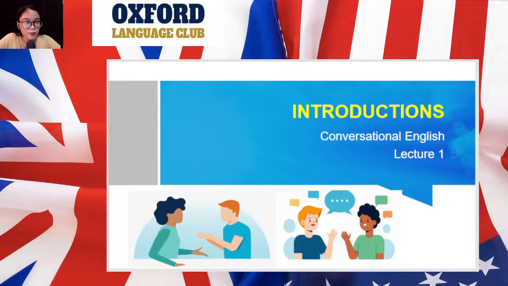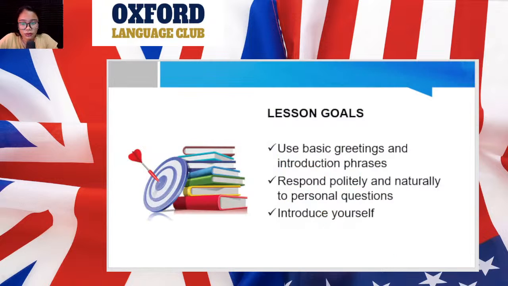Think about the last time you met someone new, perhaps someone who speaks English. Did you feel a little bit shy or unsure what to say? That's totally normal. Don't worry. Today, we're going to learn some simple ways to make those introductions much easier and more comfortable for you. We'll focus on words and phrases that are polite and, of course, easy for you to remember so that you can really use it in real life. So, get ready to learn some very useful sentences that you can use to start talking with new people in English. No need to worry, we'll go step by step. Okay, let's move on to the next part where we'll look at the first simple phrases we can use.